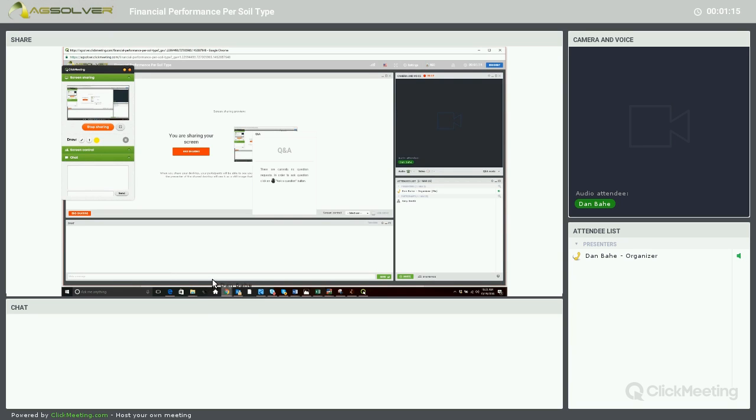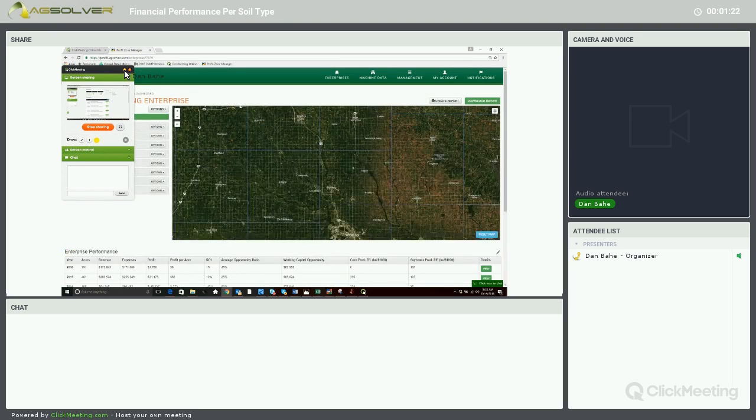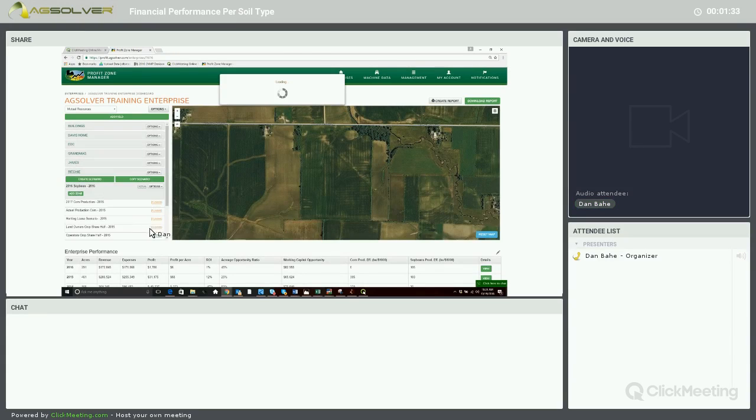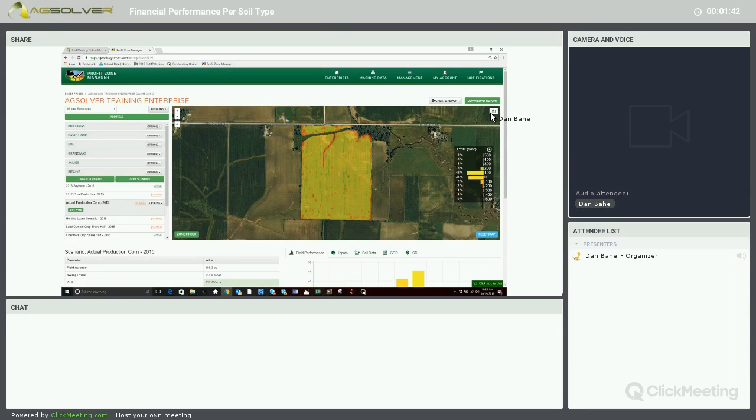We'll hop into Profit Zone Manager now and review the soils overview report. I'm going to minimize that and pull up the Ritchie field. While that is loading, we'll select our actual production scenario, 2015, when there was corn production on this field, and then we'll navigate to the soils overview